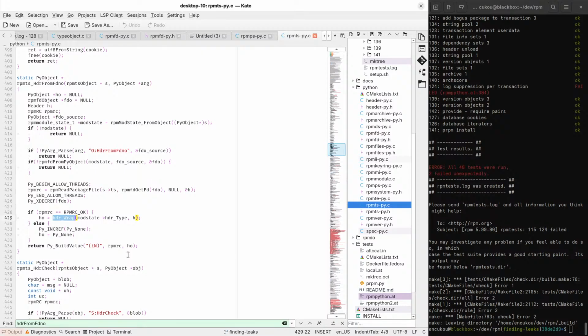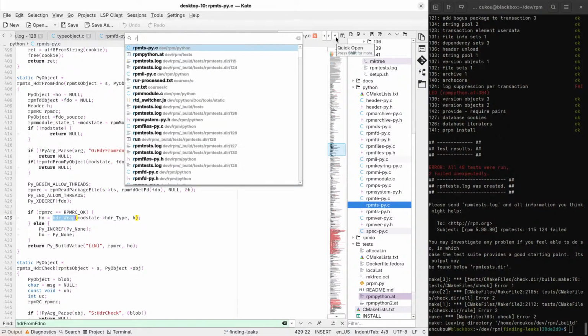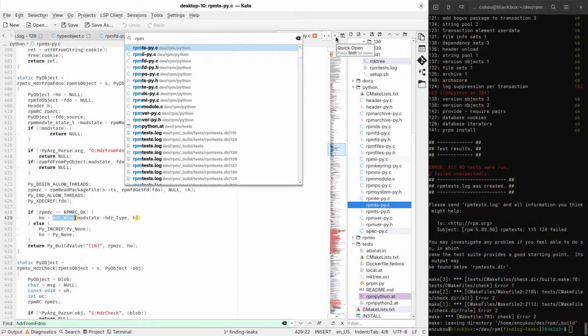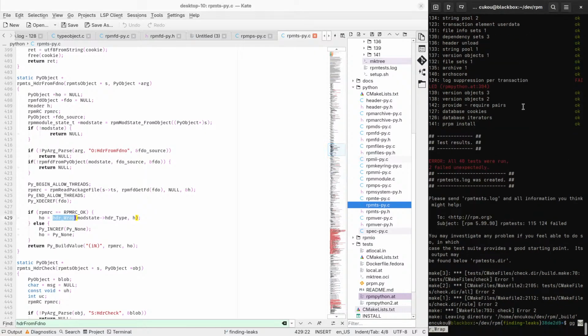We call hdrWrap. So that would probably be an RPM. Where's hdrWrap?